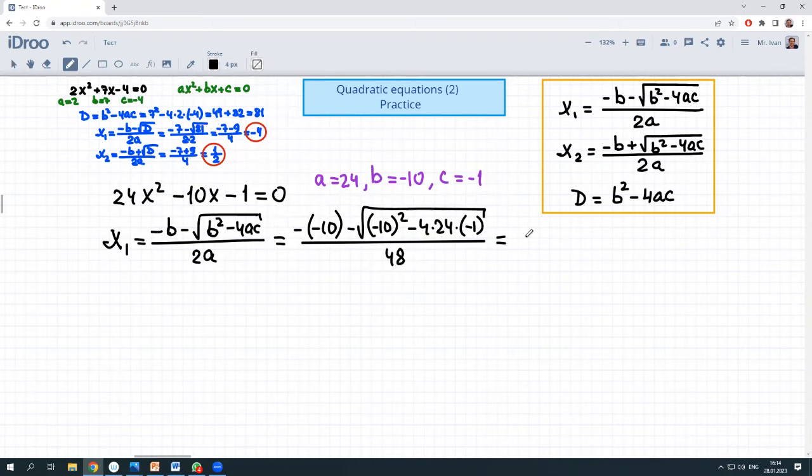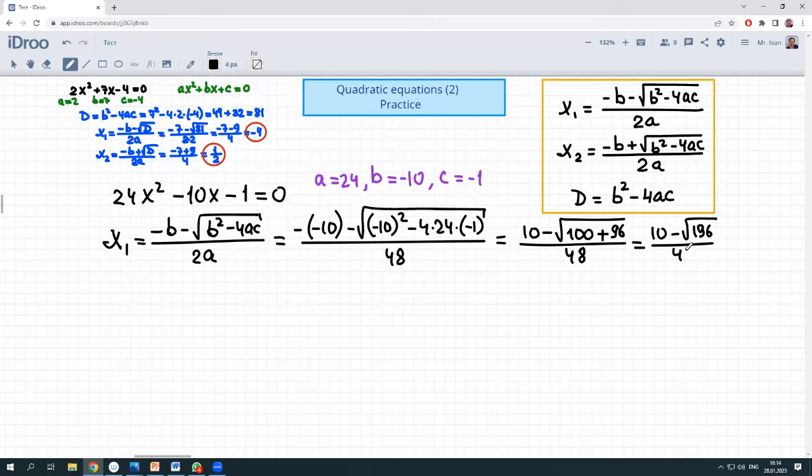And it would be 10 minus, let's calculate, 100 plus 4 times 24, 80 and 16, 96. Divided by 48. Means it's 10 minus root of 196